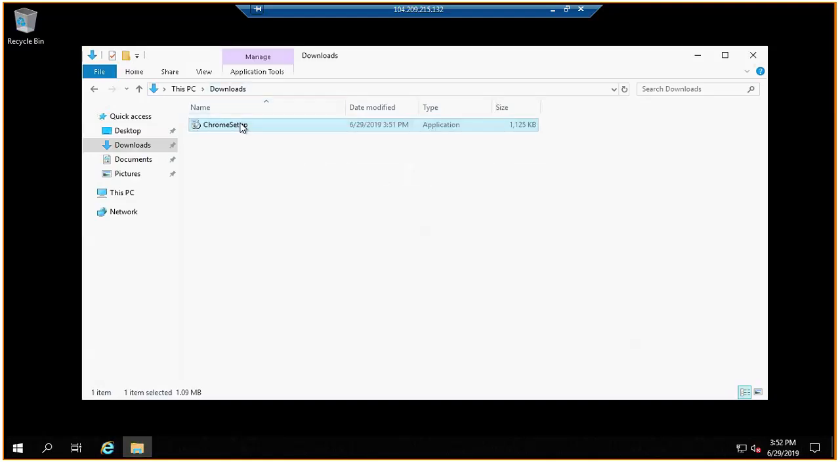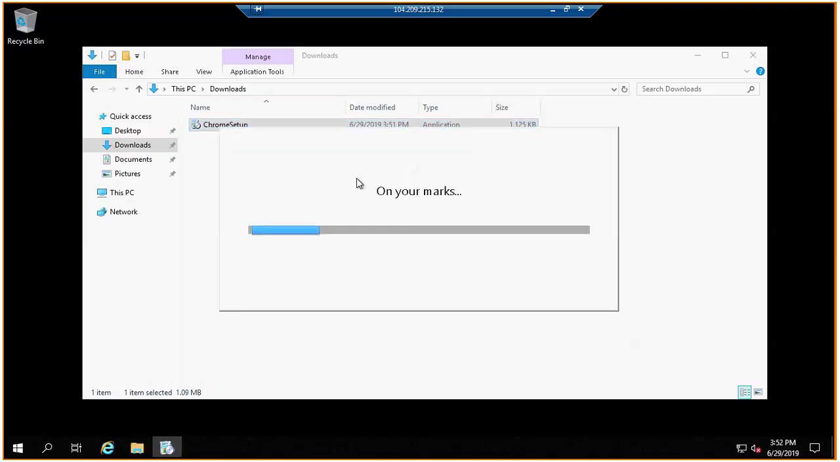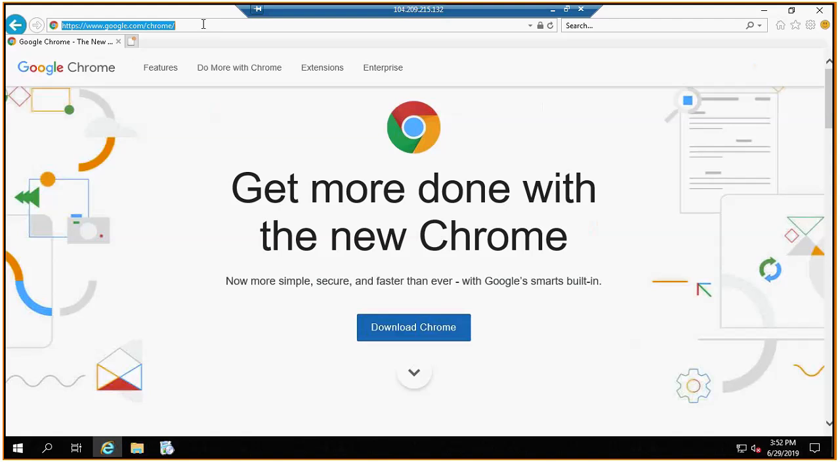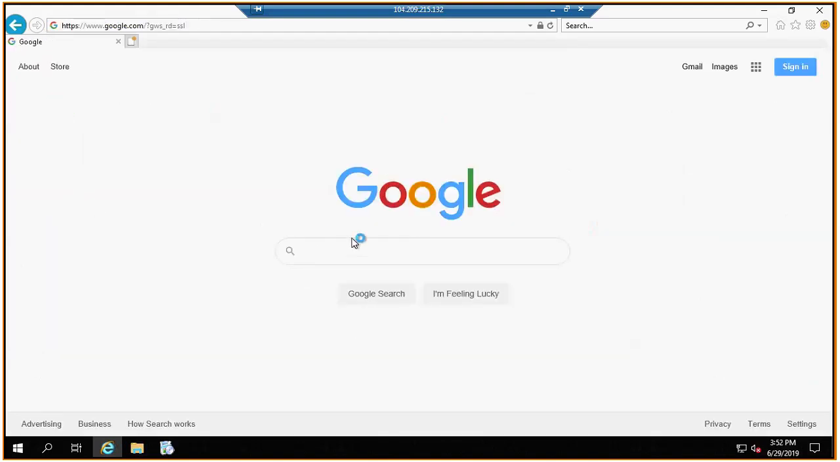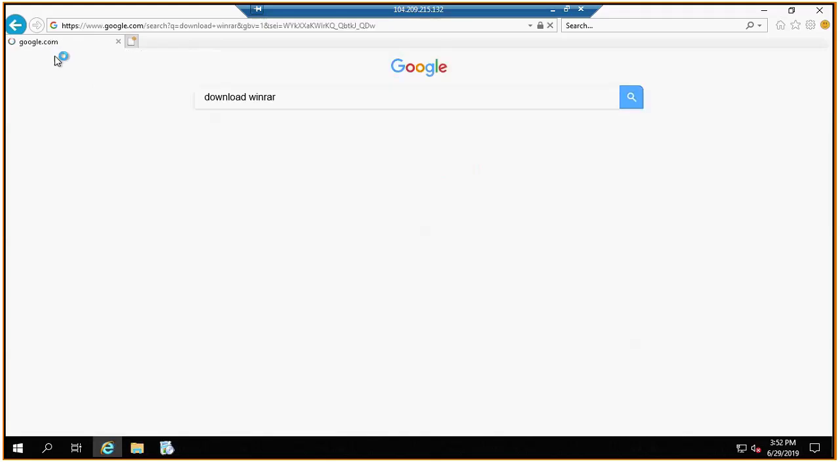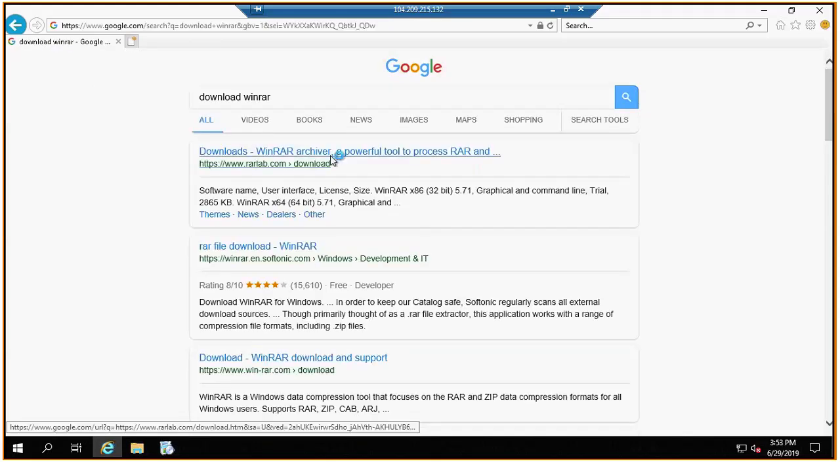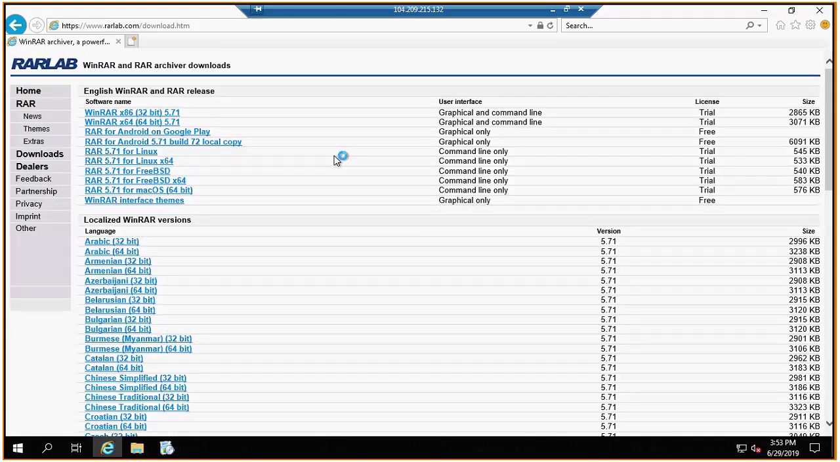Okay, so this copying is done. I'll run this setup and leave it until it gets installed, and in parallel I can start the download of another application, which in my case is WinRAR. So I would Google that I need to download WinRAR and go to WinRAR x86. This is my 64-bit, so I'll go with 64-bit